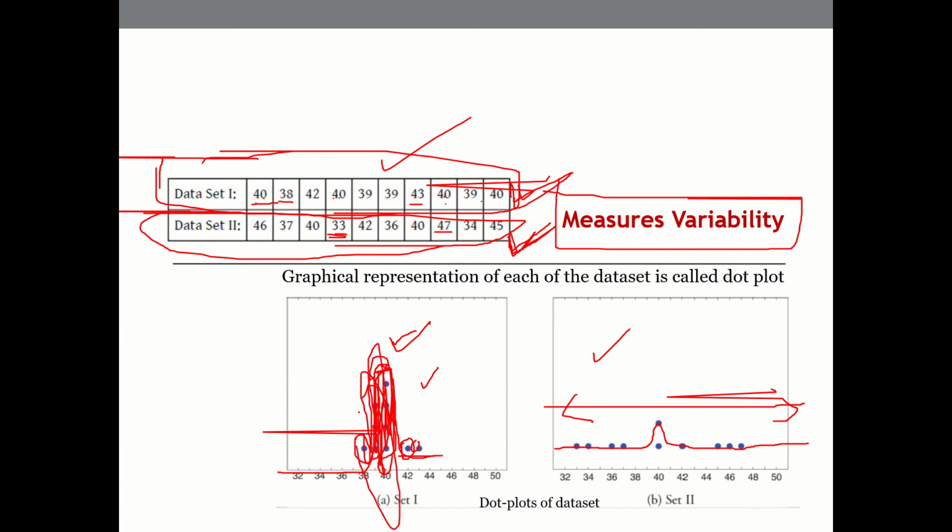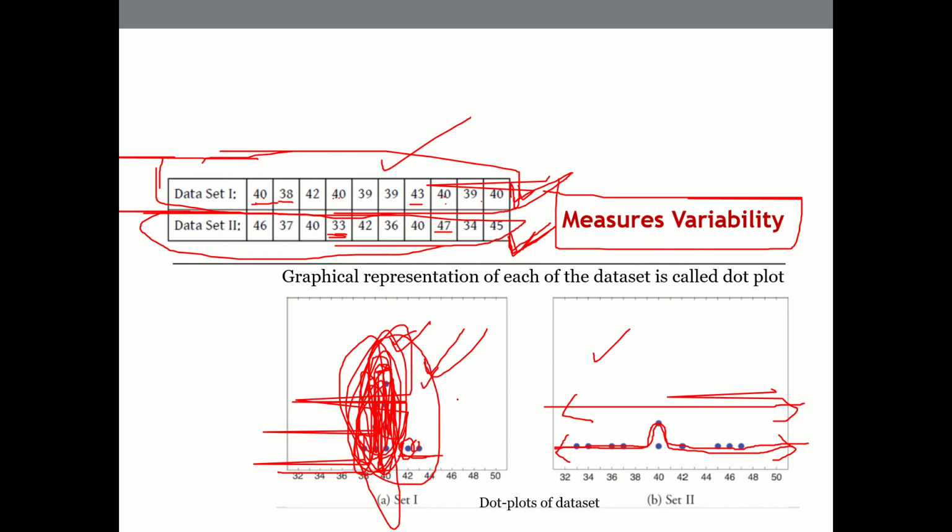Here we can quickly say that people are performing well at this stage, or there's some indication that consolidation of the data set is happening at this number. Whereas this result is not a very positive result, because we are not able to say how the data set is behaving.